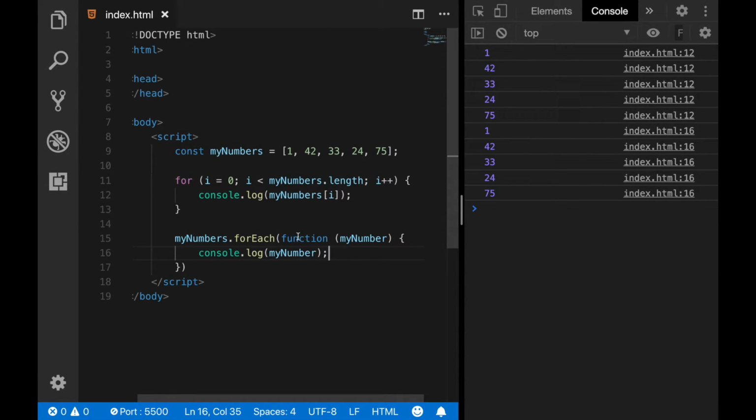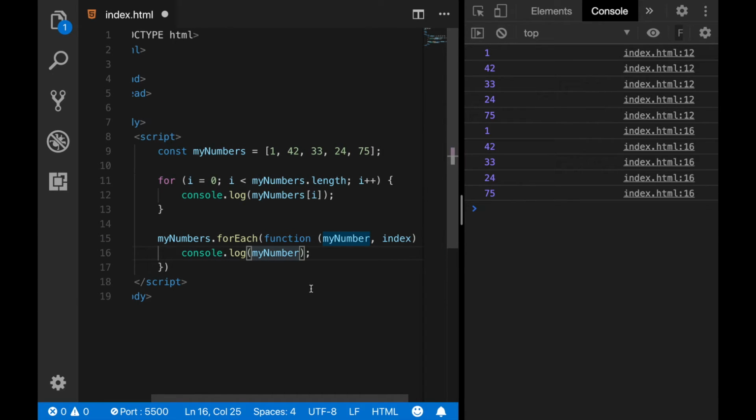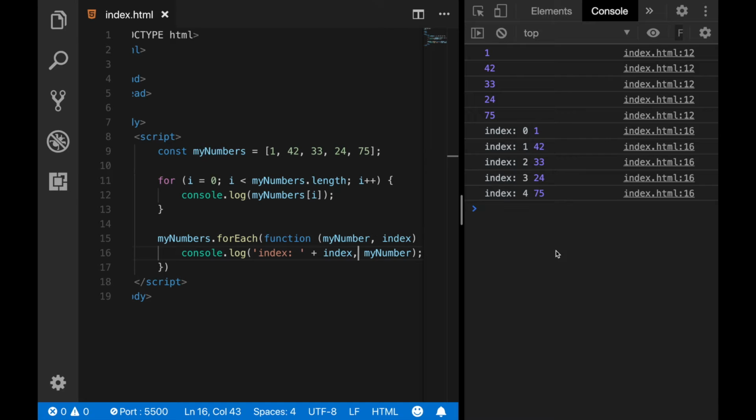Now the function can also take additional parameters, one for the index numbers of each item and another for the array itself. What is important here is that they are both optional, so you must give one parameter for each element, but you don't have to give the other two if you don't need to use them. But still, I would like to show the usage, so let's add here an index parameter and assign them to their elements. Now we can also see the index numbers of each element.